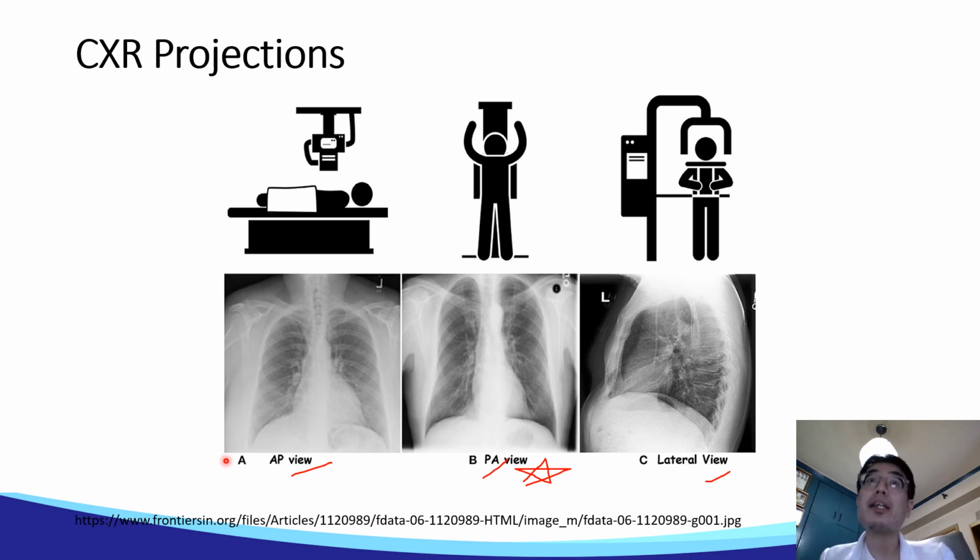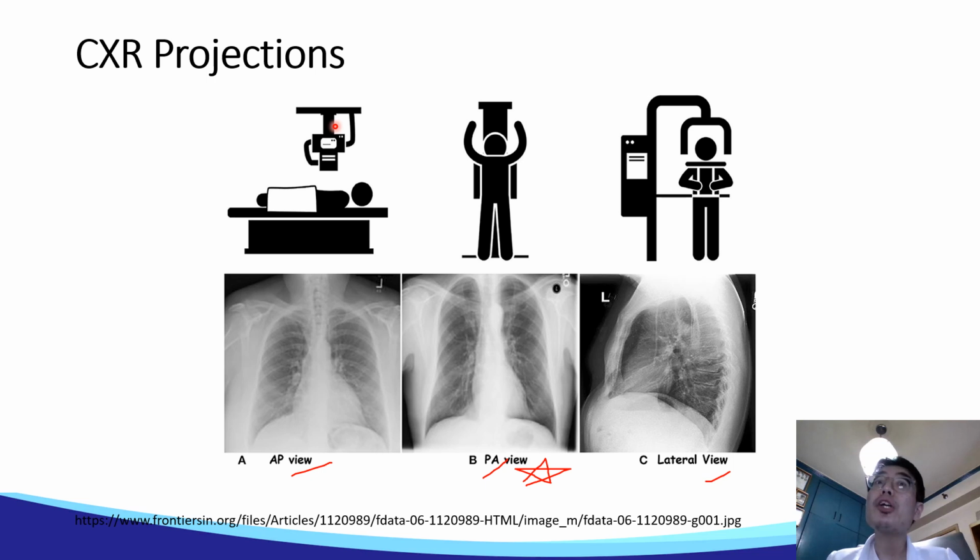Hence, an alternative is the AP view, or anteroposterior view, in which the radiation beam traverses the patient from anterior to posterior, or from front to back. The AP view provides considerable flexibility. It can be performed with the patient sitting up or even lying down by means of a mobile X-ray unit.